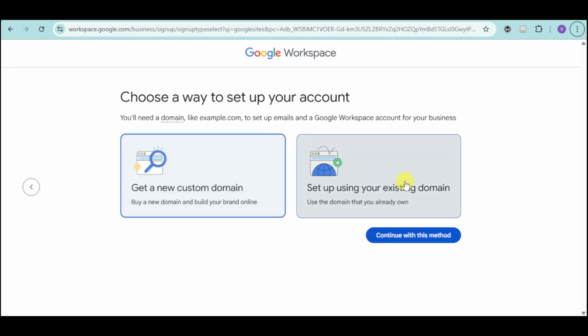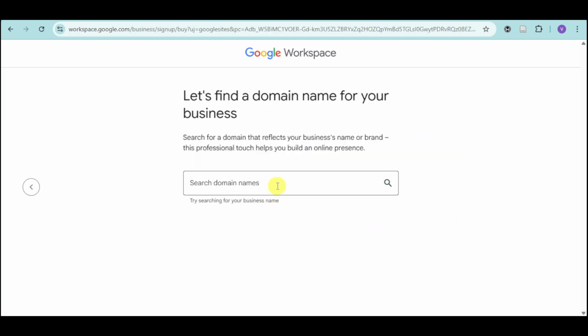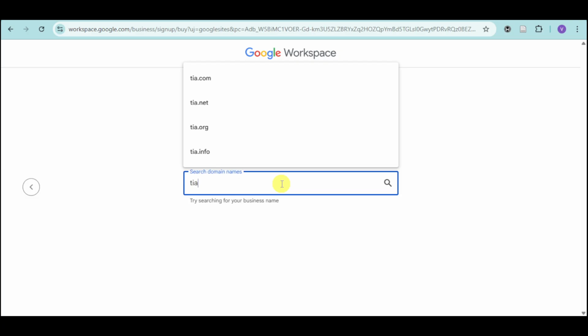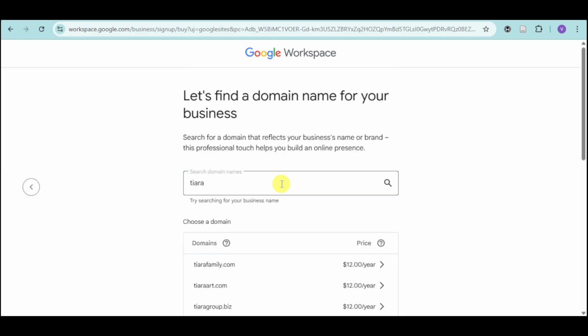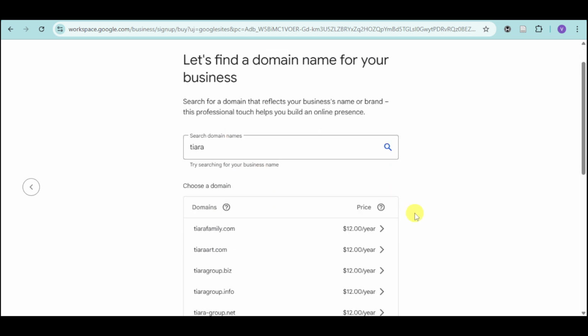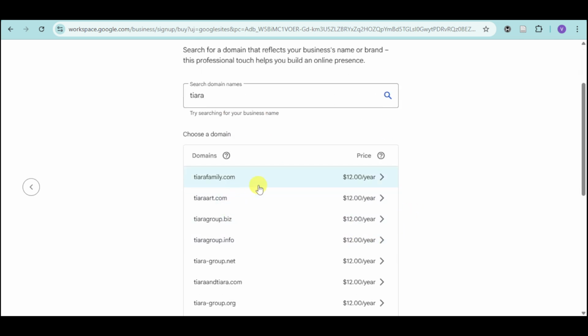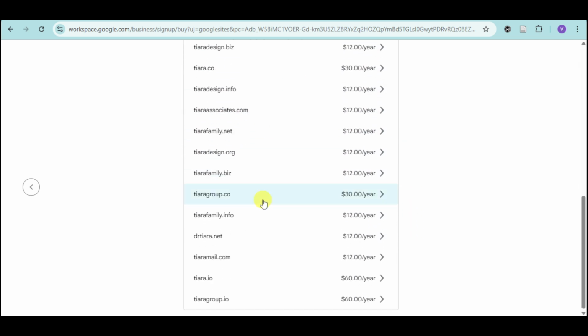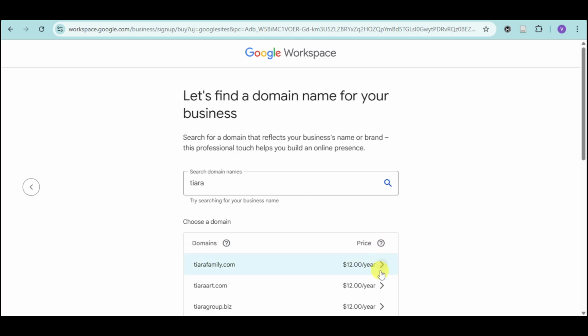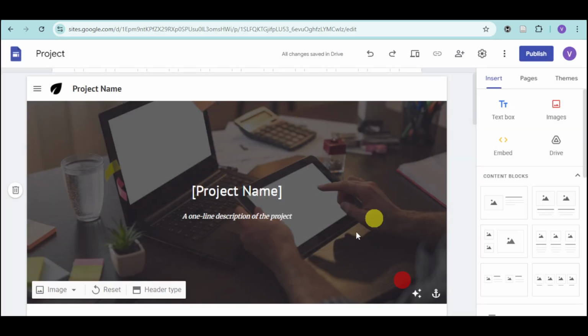Once you have done that, you can see this. You can get a new custom domain or set up using your existing domain. For example, let's choose this new custom domain and click on continue, and you can just head over and search in here for the actual domain name that you wish to choose. You can search for a domain name and it will give you some domain extensions like .com, .org, .biz. You can just click on that and then buy it and host your particular site to that